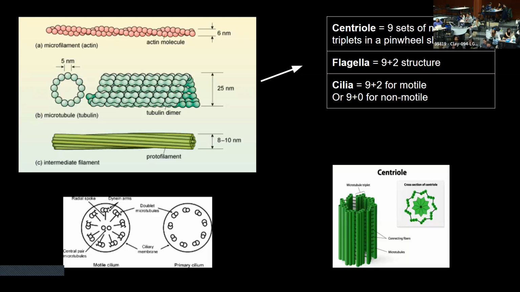You'll see in the top right, we have the general structure of each, I'm not sure what you'd call them, but we have centrioles, flagella, and cilia. Now, a basic breakdown of what each of those are and what they do. Your centrioles are involved in the development of spindle fibers and cell division. Your flagella allow bacteria and protozoa and sperm to swim. So that's like your little tail things. And then in regards to your cilia,